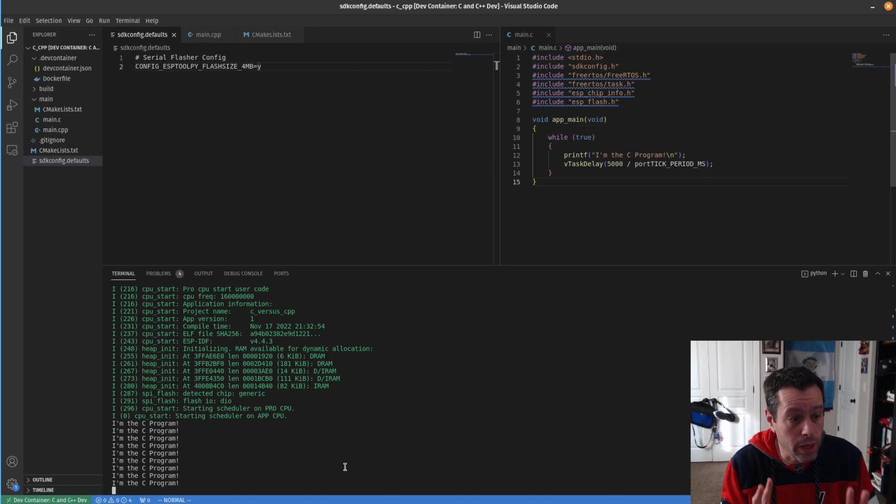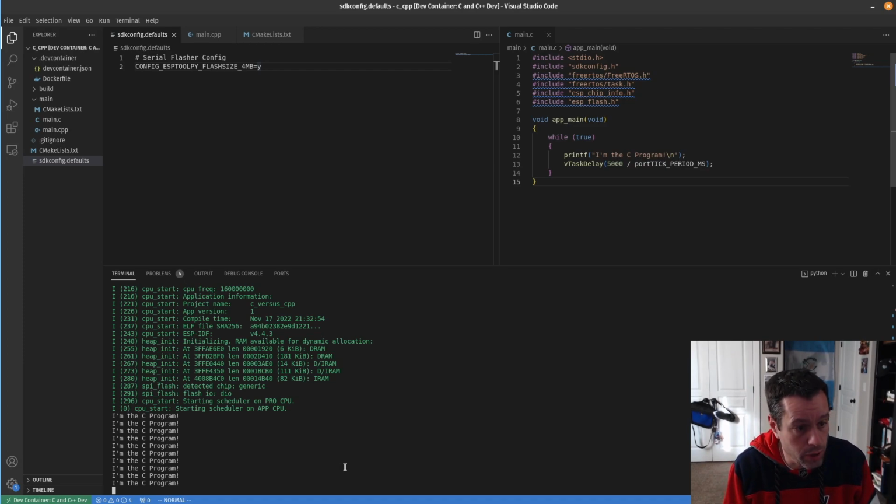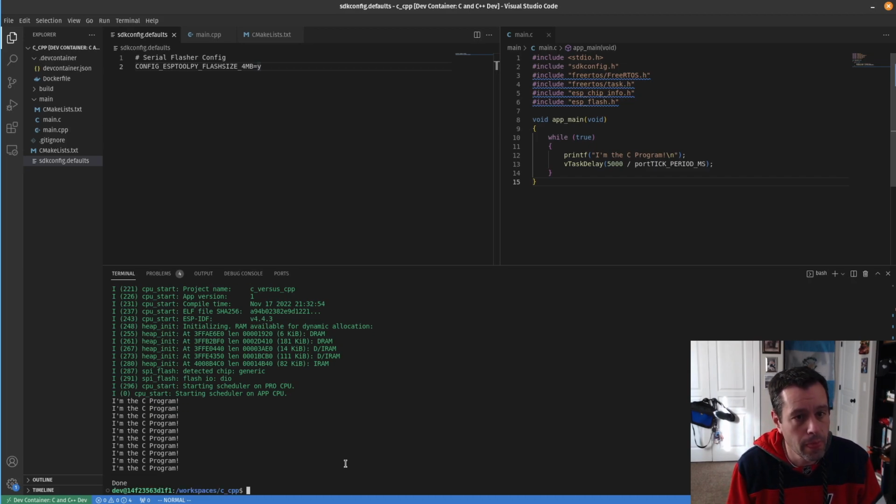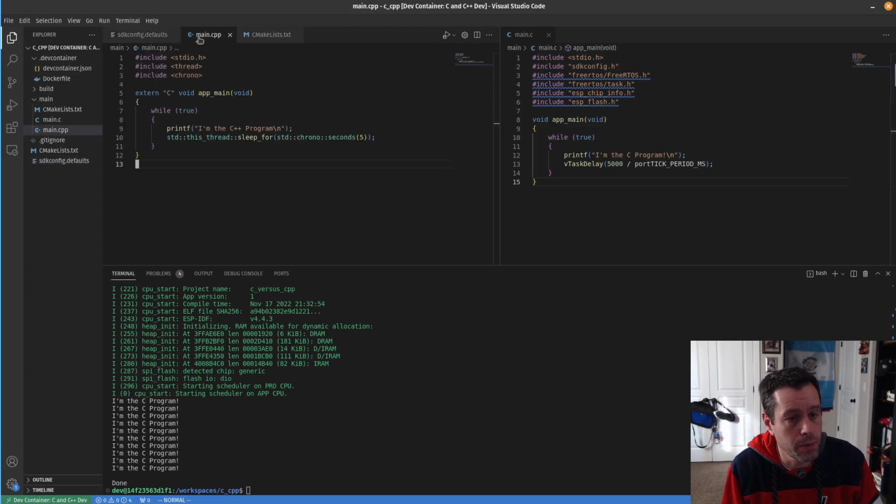But what I want to get to is this is the C version. So we're going to do our very first test here. So it's running this code on the right. Let me bring up the CPP. It's running this version. I'm the C program, and it's using vTaskDelay and portTICK_PERIOD_MS. And